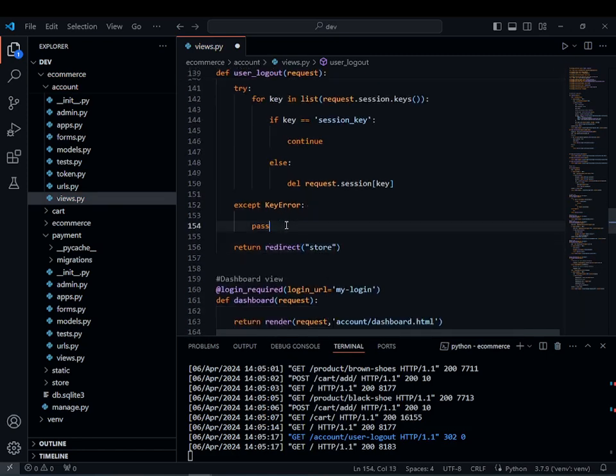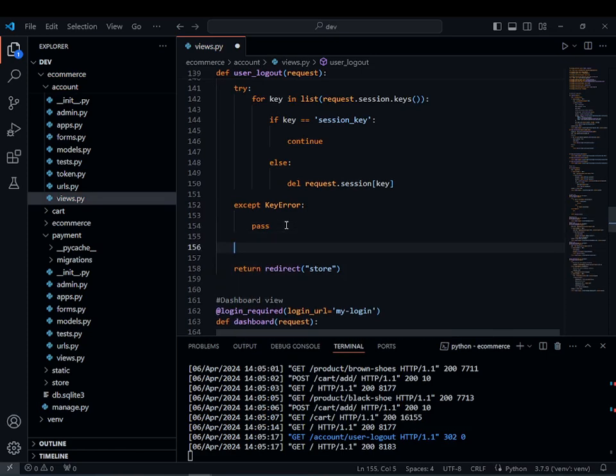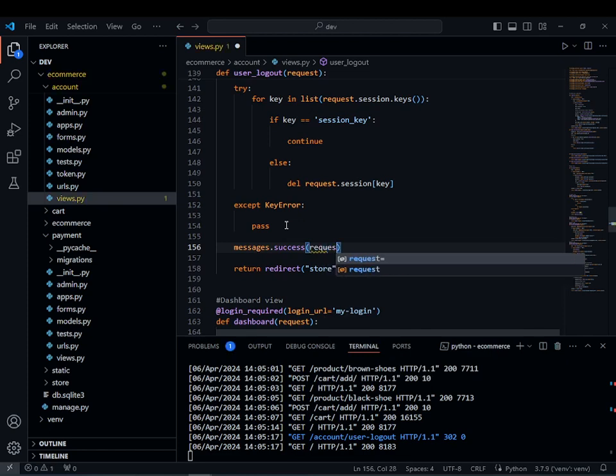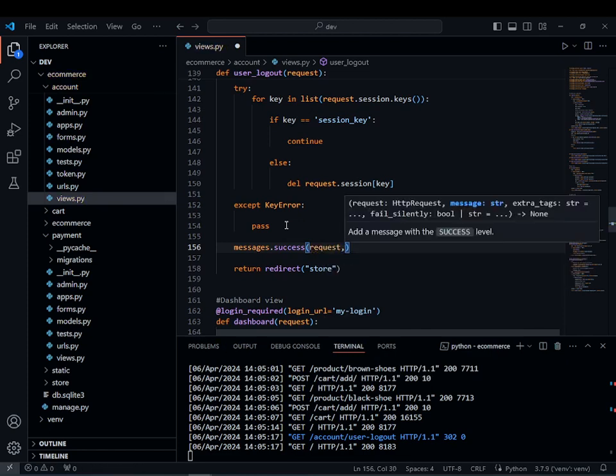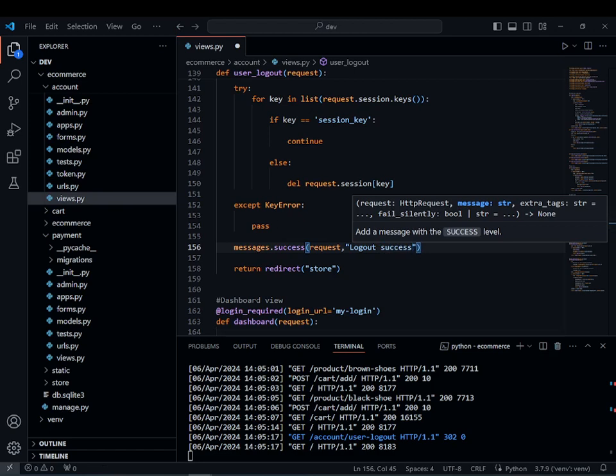And after that we also want to pop up messages, as we did when updating our profile management. So request, and we want to pop up the message that logout success, and also in our login